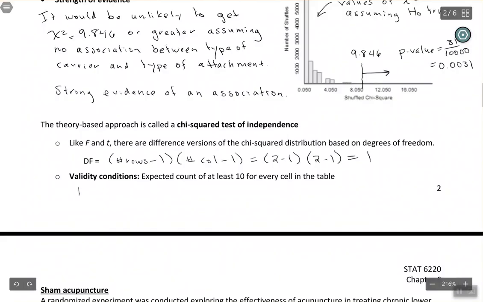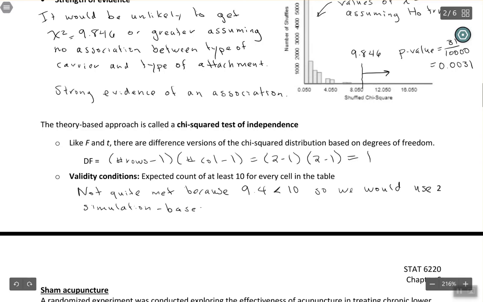And in this case, that's actually not quite met because we had one cell in the table where the expected count was only 9.4. So 9.4 is actually a little bit less than 10. So we would use a simulation-based approach instead of a theory-based approach. That would probably be a little bit safer here. So when your validity conditions aren't met, you should use a simulation-based approach instead of